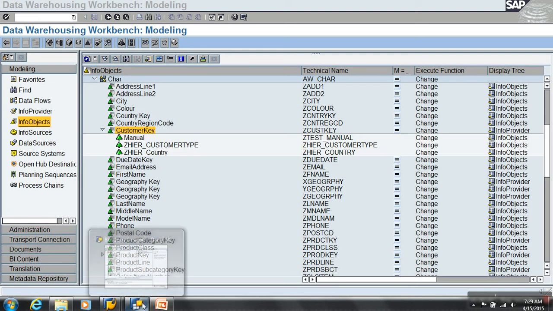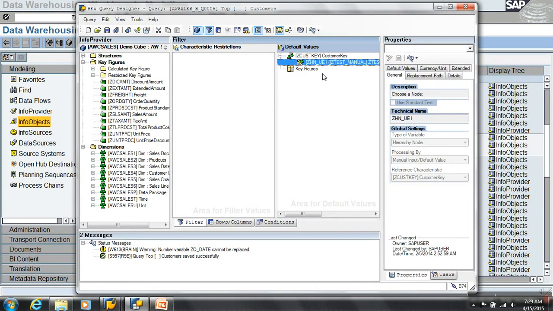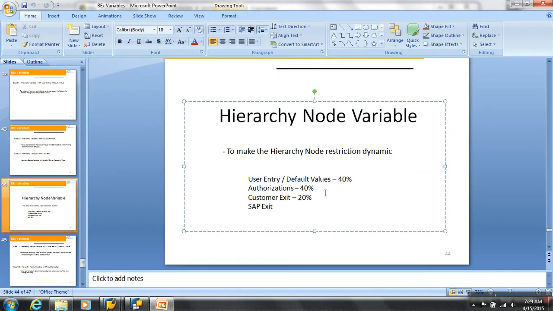So I want to go with a hierarchy variable with authorization as a processing type. Next concept. But what I'm trying to do is not go with a very exhaustive example where I create two users also. I'll just create one user having one node, then that should help you out. Same thing, you can simulate multiple roles for multiple users.